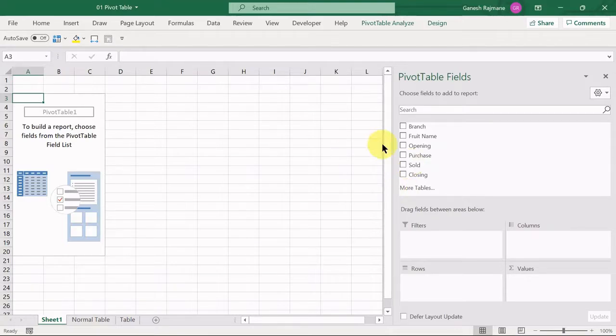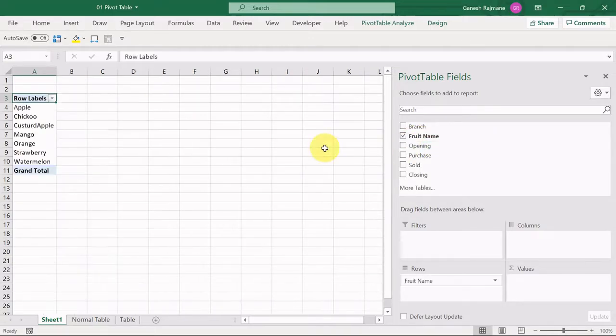Okay. Now for which fields I want the summary report, I have to select from the pivot table fields option. So first I will select the fruit name. The fruit name appeared here. Now the second option we want to select is closing stock.